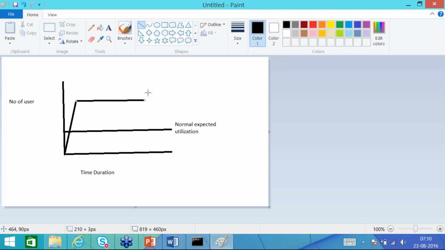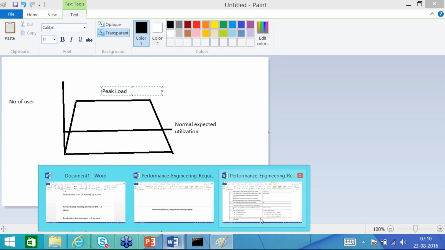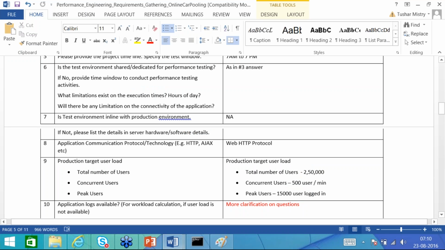This is your peak load condition. Then again back to normal. At that particular time, that is your busiest hour, when the salary gets credited to all the accounts.